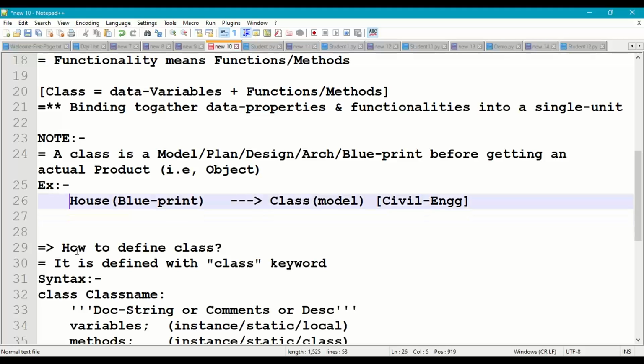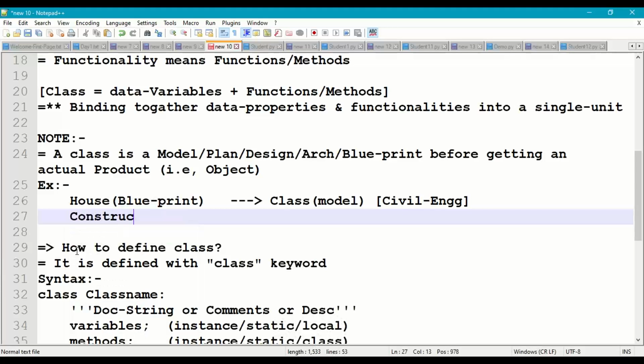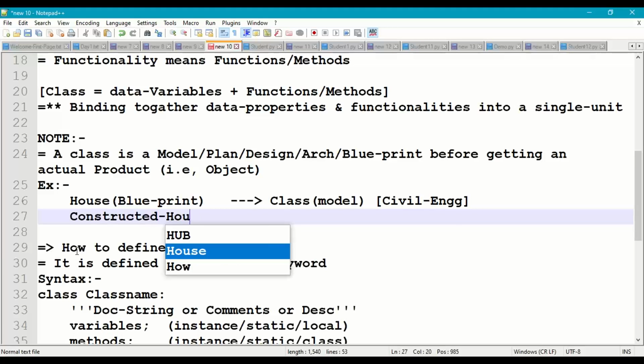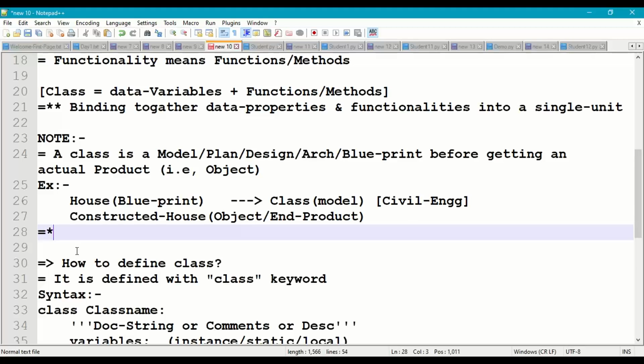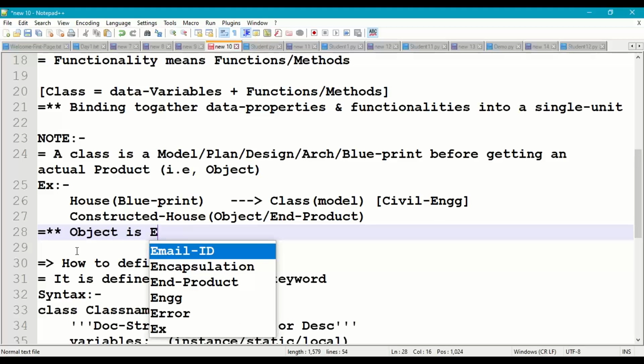Now for this class, what is a product? So the product is the constructed house, which is the object, or end product. So who will use this end product? User. Okay. So object is the end product